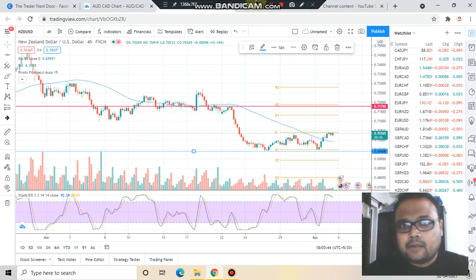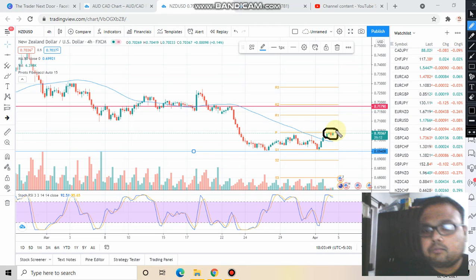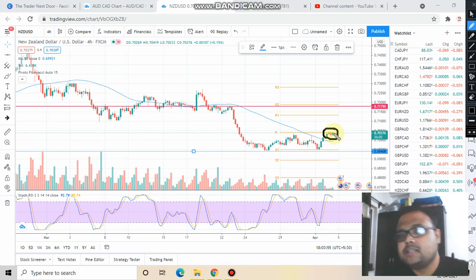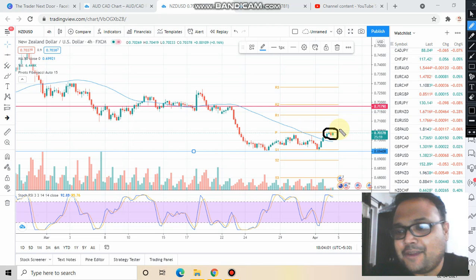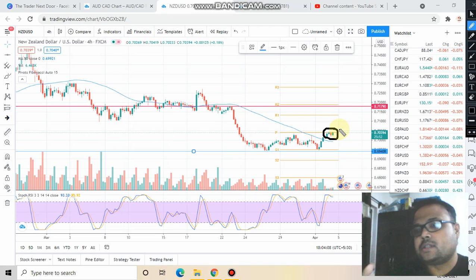As of now, the market is trading here. So I'll tell you that you should not do anything right now, because the market is in the middle, and neither is it in a position to short the market nor in a good position to buy the market. Because the chart is not very clear to us, therefore the best way